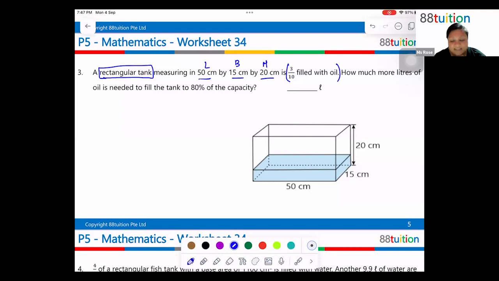Sorry, it's 3/10 filled with oil. So how many more liters of oil is needed to fill the tank to 80%? I want to fill it to 8/10. That means at first, it is 3/10 filled. Then you want to add oil such that in the